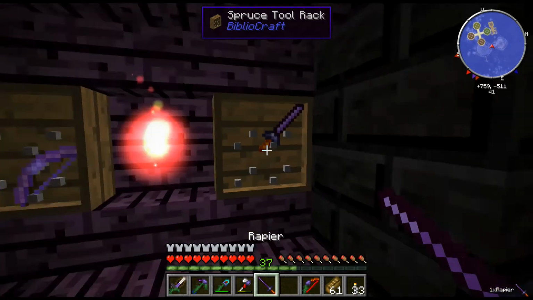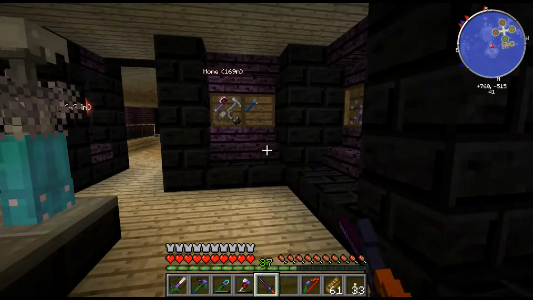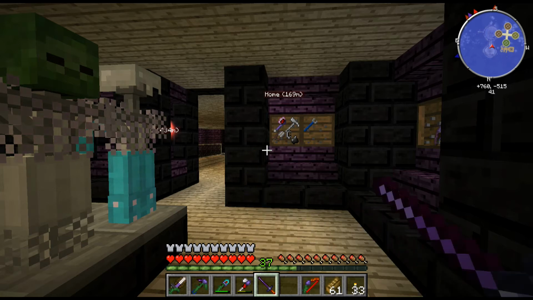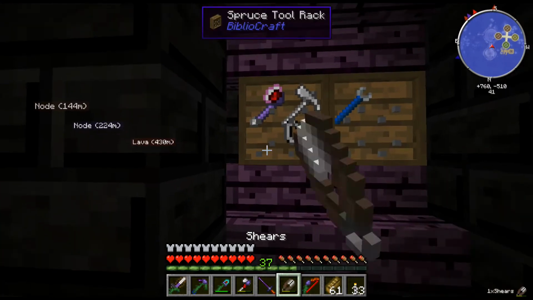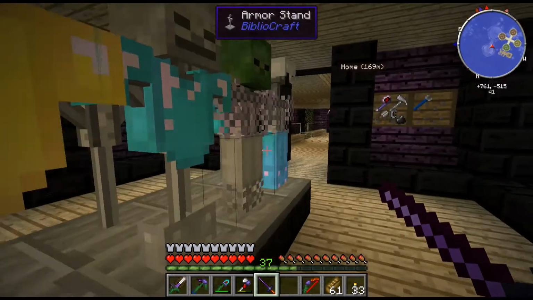I've made one of these, a rapier, which is kind of cool. It's low damage but very fast attack. I think it does 2.5 hearts, so what, that's 5. So slightly less than a diamond sword, but much faster. And it has got this rather nice little riposte feature, so